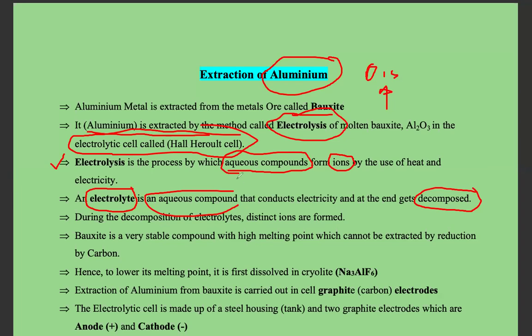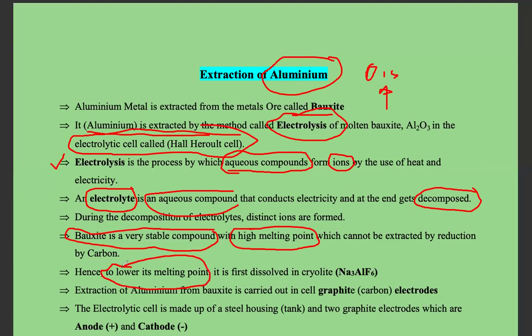Now, what really happens? Aluminium is very reactive. That's why it forms a very stable compound with a high melting point. Remember, when two substances join together strongly, for you to separate them you need a lot of heat, and that heat is coming from electricity. So to minimize the expense on electricity, we make sure that its melting point is lowered.